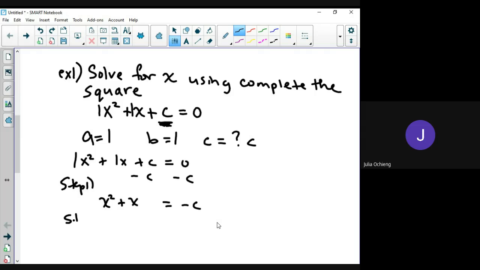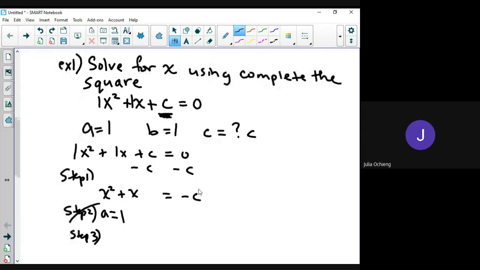Step 2 is, if there is a coefficient of x squared, we have to divide everything by it. But the coefficient of x squared here is a equals 1. That's the number of the x squared right there. So if you divide everything by 1, nothing's going to happen. So there's nothing to do. Not applicable. Don't have to do it. Okay. Step 3 of completing the square